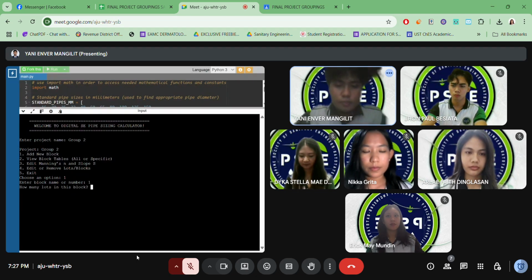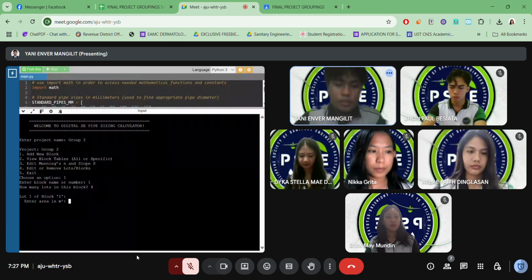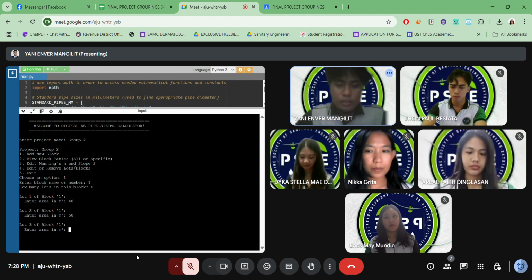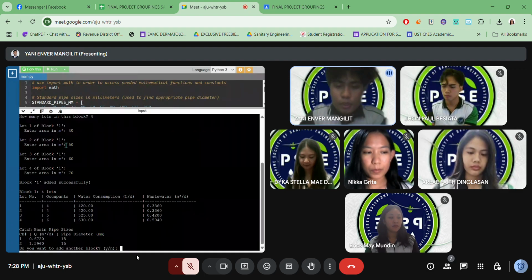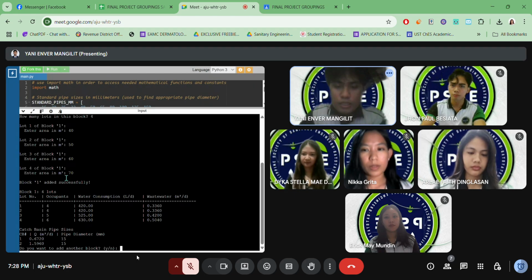Then it will ask you what is the name of the block or number. Let's say 1. Then it will ask you how many blocks. Let's say 4. Then it will ask you the area of each of the blocks, each of the lots. Let's say 40, then 50, 60, and 70. After you input all of the areas, a computed table will appear.